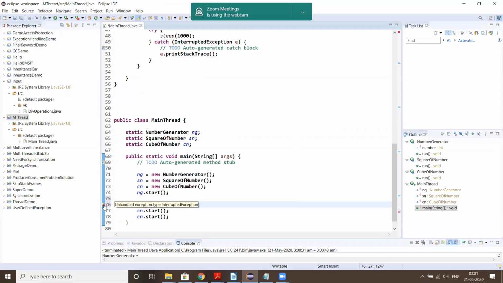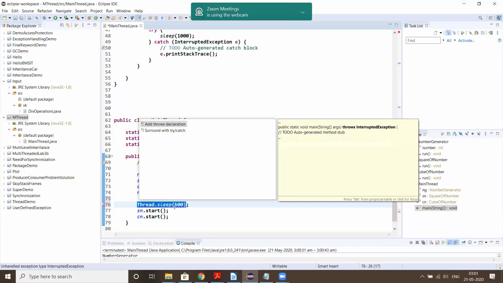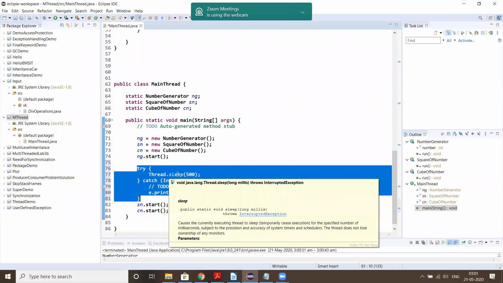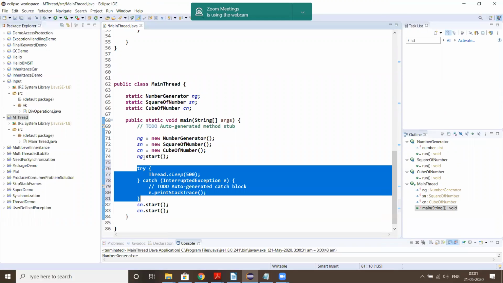Remember, whenever we call a sleep method, it should be surrounded by try catch. So this sleep would ensure ng is going to start first.